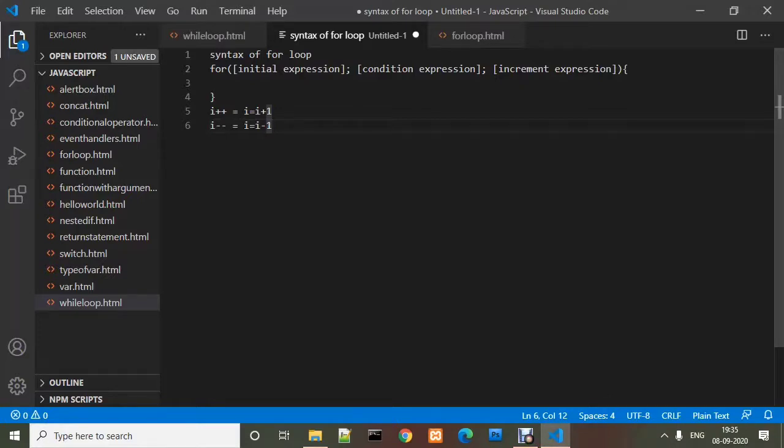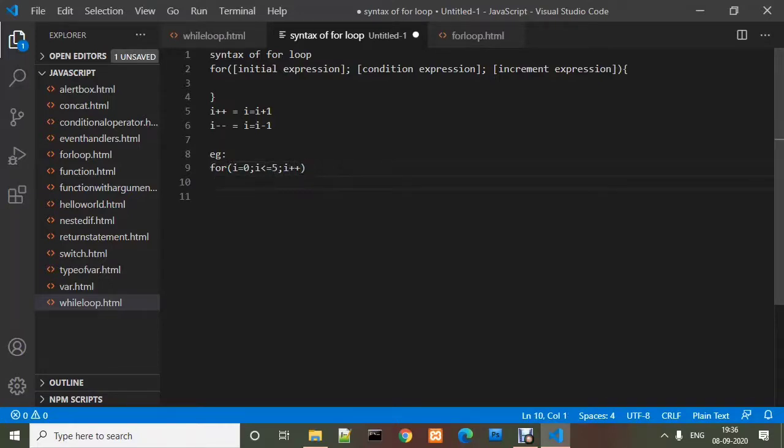When a for loop executes, we have to take an example to know how to use them. So we are taking an example of I equals 0, I is less than or equals to 5, I plus plus. In this, the initialization expression is I, where we have assigned an initial value I equals 0, and from this point the loop starts, and it will run until the value of I is equal to 5, as we have provided less than or equals to 5.